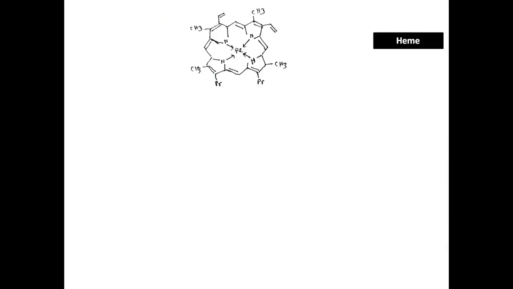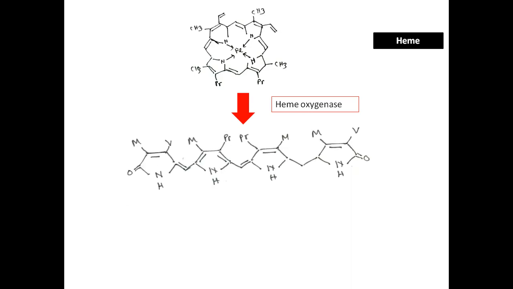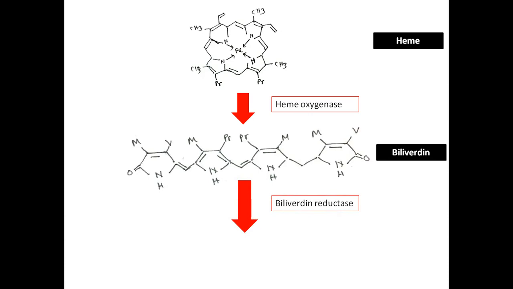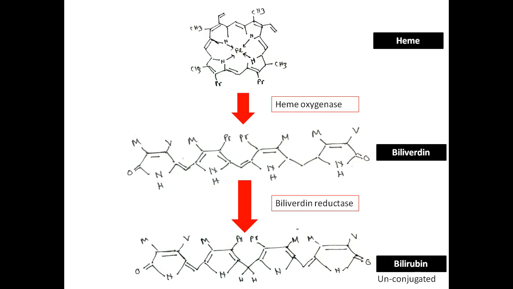First, this is the structure of heme. You can see it has 4 protoporphyrin rings, and in the center of these 4 rings there is a ferrous which is chelated by the lone pairs of nitrogen. This heme is broken down by the action of the enzyme heme oxygenase. This enzyme breaks down heme to form biliverdin. Biliverdin is an intermediate, and after that biliverdin reductase converts biliverdin into bilirubin, and in this